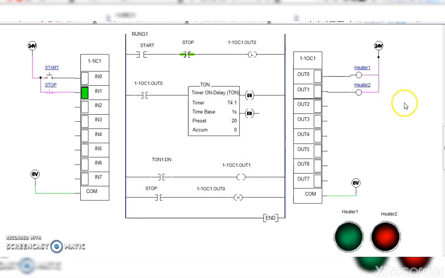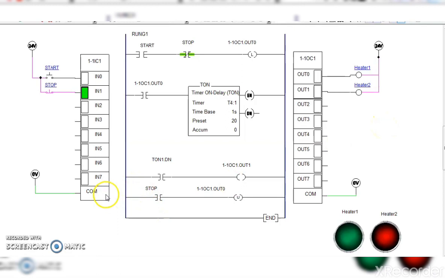Now let us see animation of two heaters problem. Here two heaters are there, heater 1 and heater 2. With one start switch they are to be started and with one stop switch they are to be stopped. Try to read the ladder diagram.